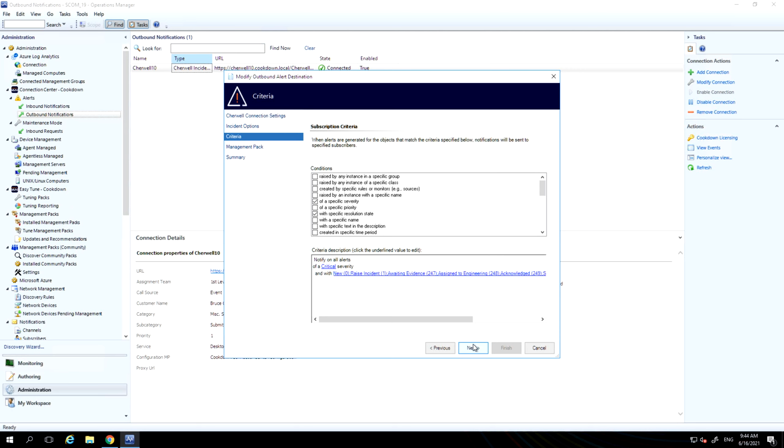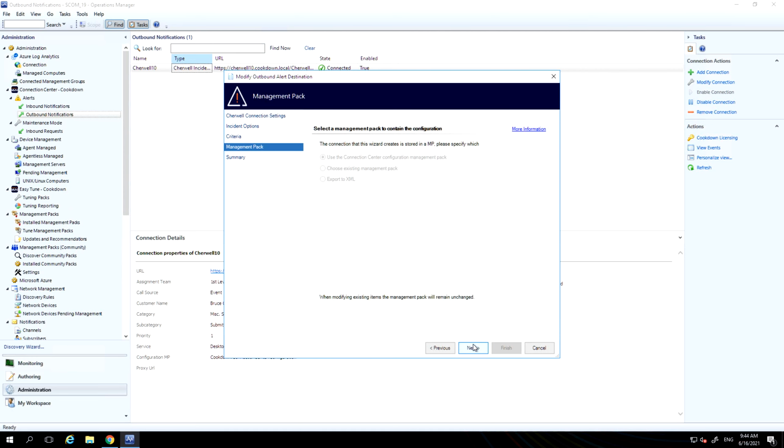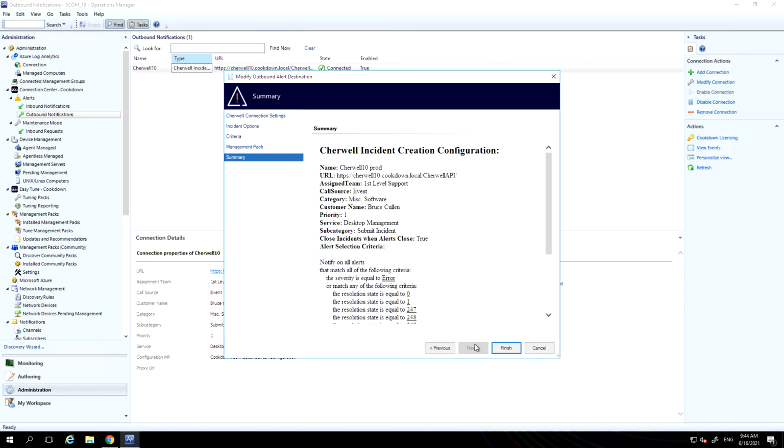that are in a non-closed state. This criteria picker is going to be familiar to you because it's what's used in notification subscriptions, essentially, in SCOM natively. My configuration is stored in a created-for-me management pack, but you can choose to store this config wherever you want. I'm going to save that small change that I made, and while it's doing so,